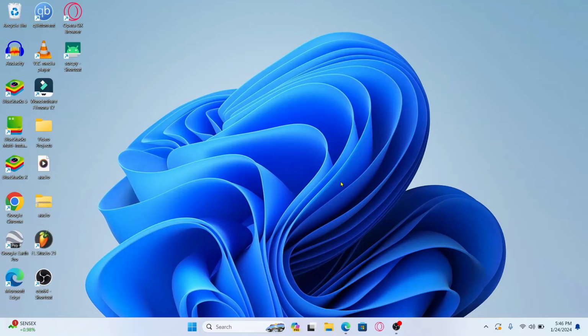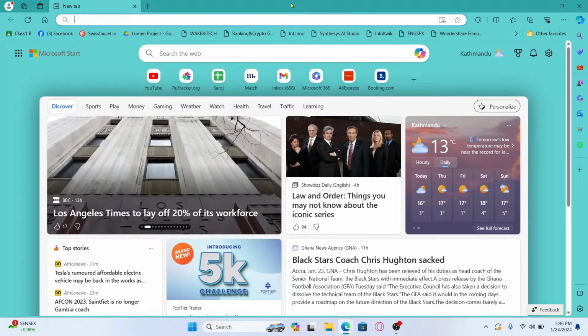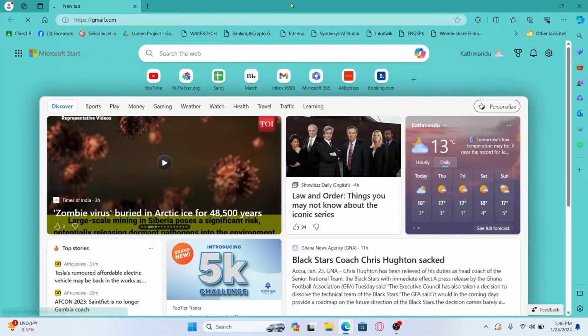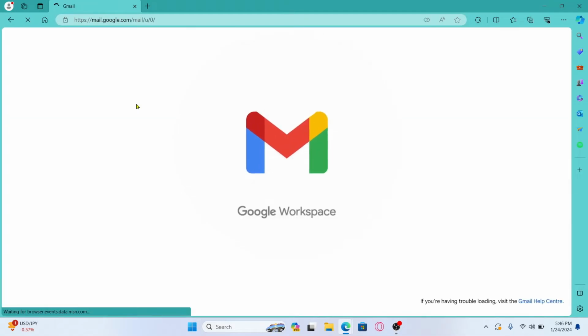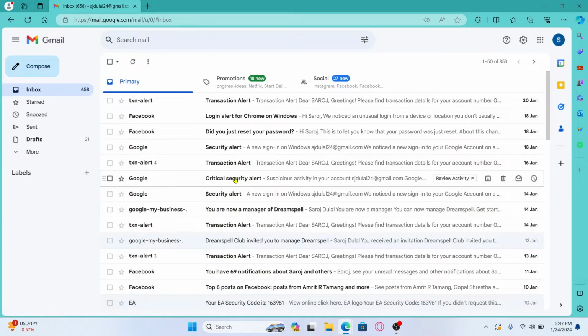Now, whichever version of Windows that you are using, whether it's Windows 10 or 11, you can just open up your web browser first to go into your Gmail account. Now within the URL section, type in gmail.com and press enter, and then you might be asked to log into your account if you haven't done so already. Now you can either log in if you wish to do so, but you can do the following step without